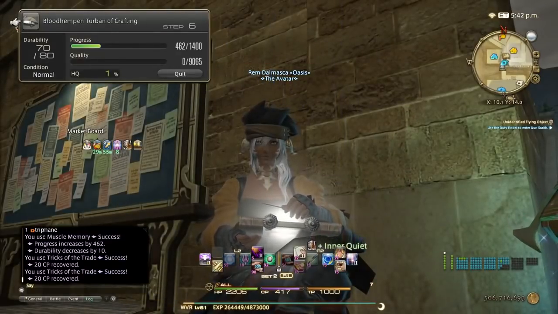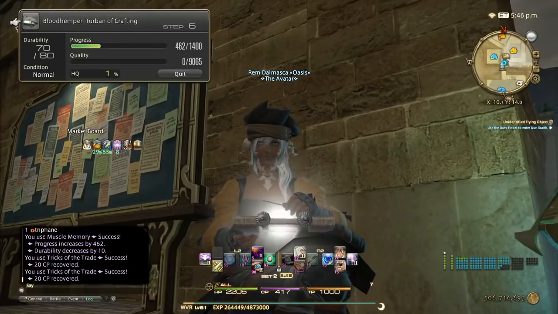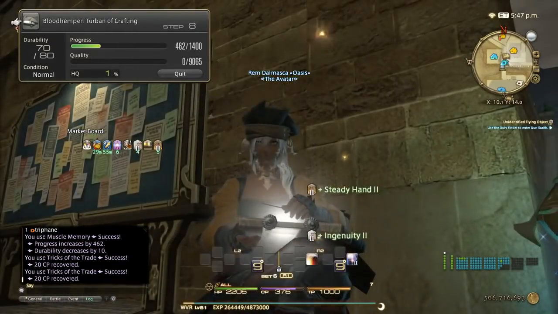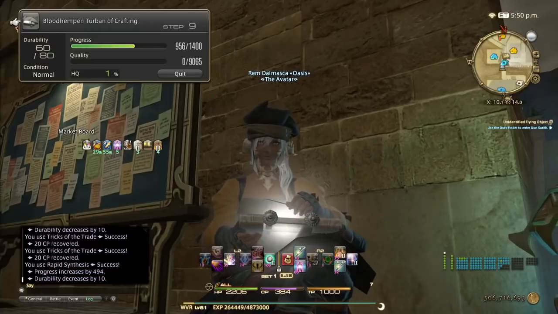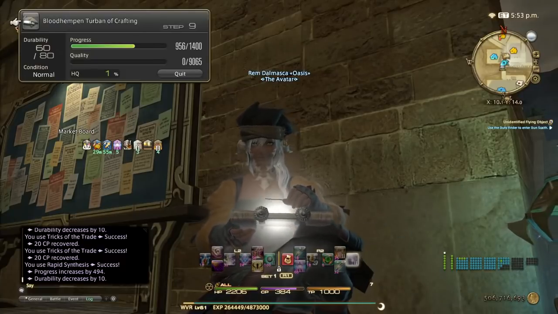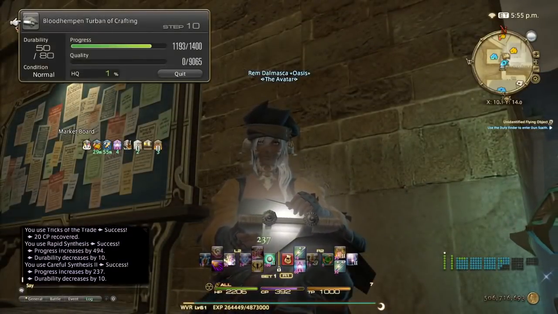Remember last video where we crafted the level 61 recipes for collectible, how difficult it was to do the progress part? We needed 3 Rapid Synthesis under Ingenuity 2. Look now, after we are matching the recipe level, you only need 2 of them. Actually, we don't even need 2 of rapids, we only need 1, because now the recipe is less difficult. The progress bar fills more quickly with a Rapid Synth under Ingenuity 2. So we hit Careful Synthesis 2 instead